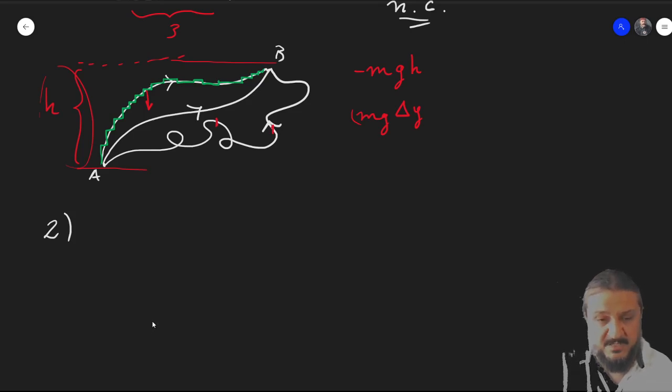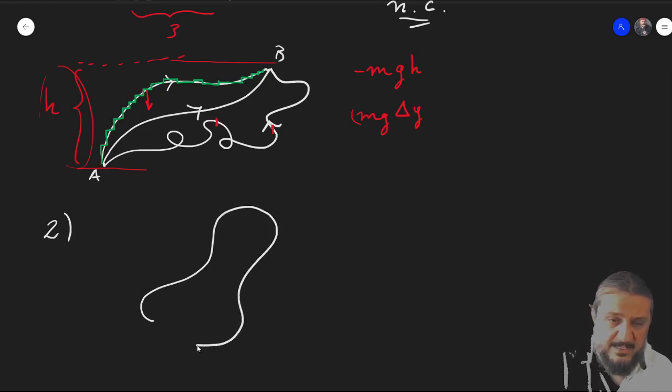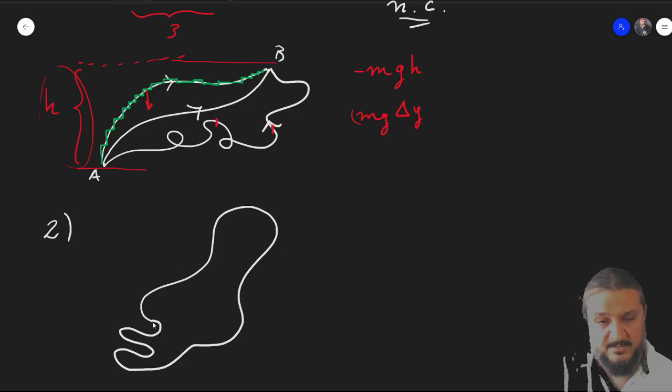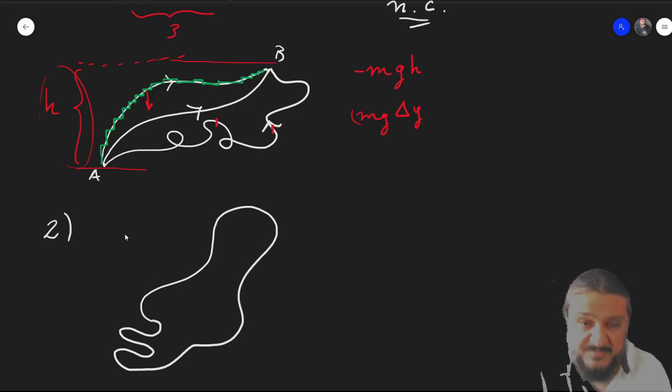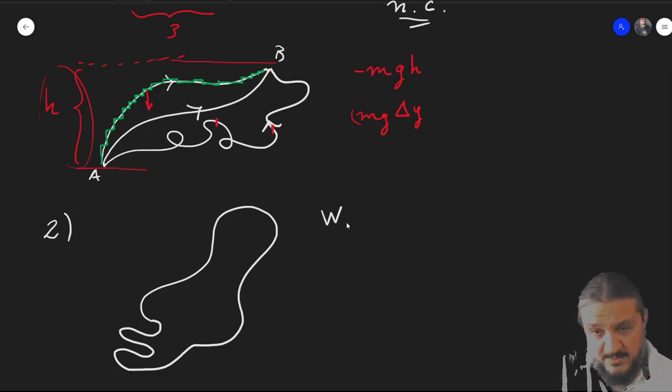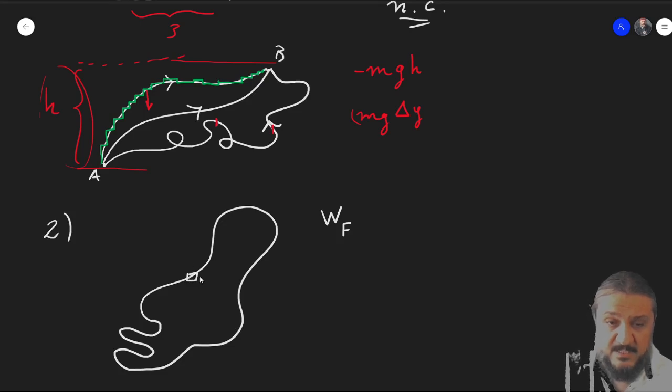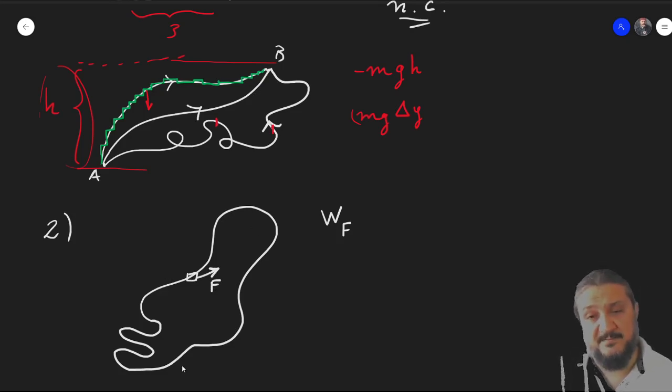So imagine you start here, you complete a loop, no matter how complicated it is, you go back to the same point. So there's no special point along this path, it's a completed loop. If the work done by a force, let's say gravity, or any other conservative force, as you move along this path, if this is closed, so I'm going to call it loop,